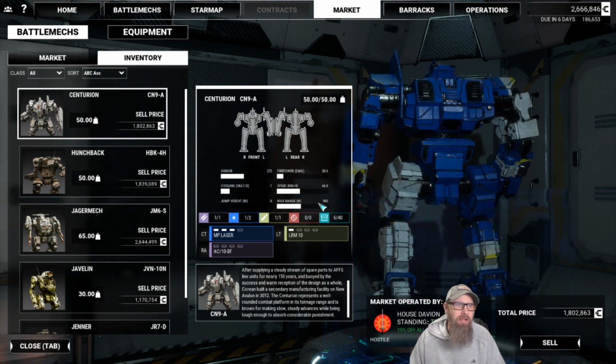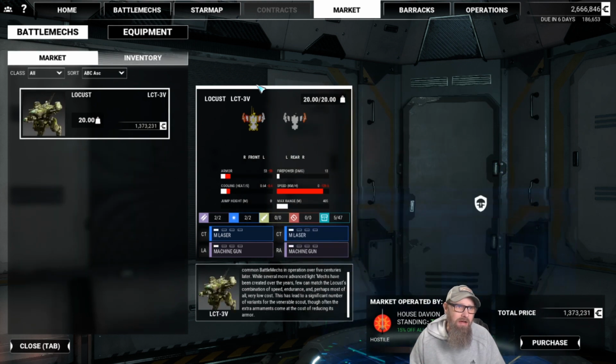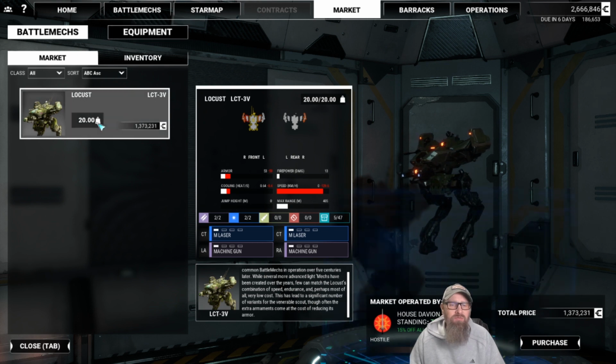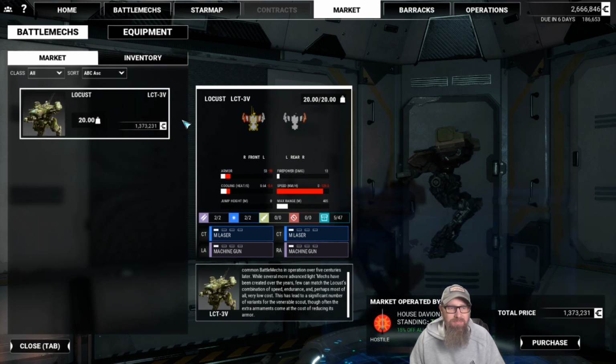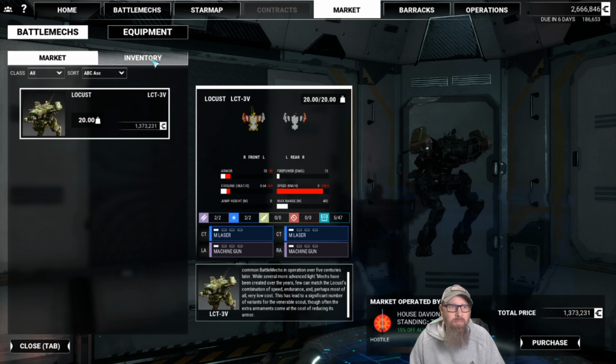Now, on any planet, you're going to have a very basic, easy market. So in this case, we're looking right here. We can look at battle mechs or equipment. Market is what's for sale here on this planet right now. And this planet has 1 Locust for sale. He's missing his legs and all his back armor, but he has 1 for sale. If you want to look at the inventory they have, so equipment, ammo, that sort of stuff,